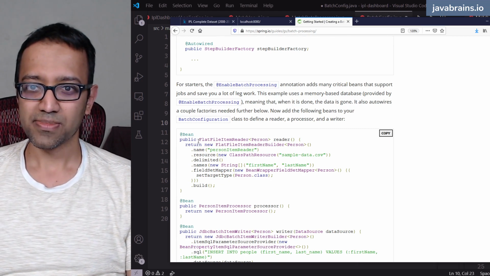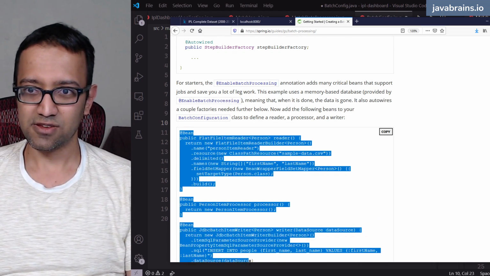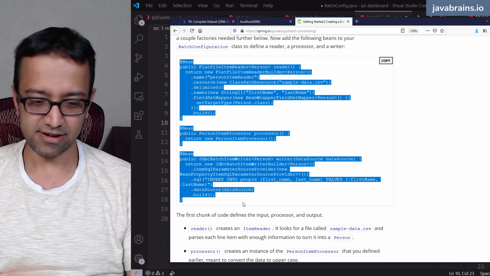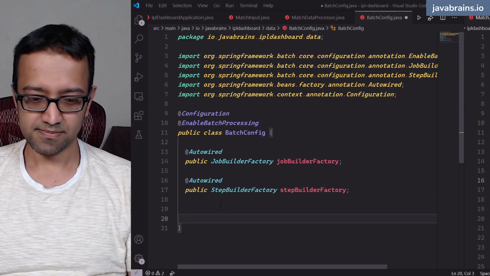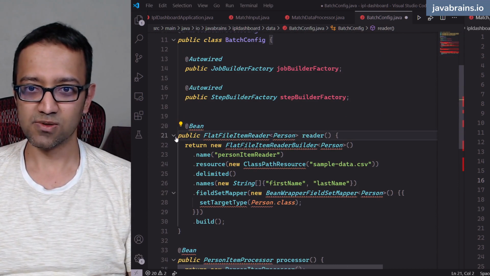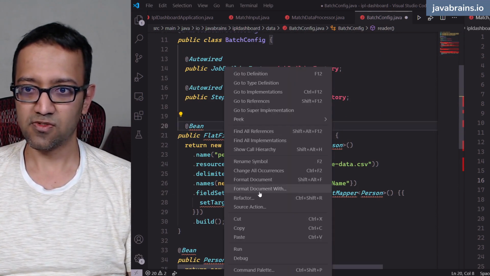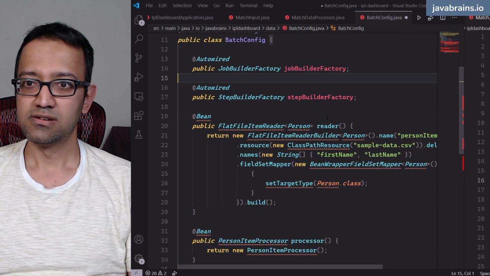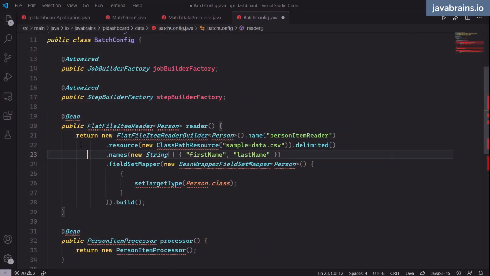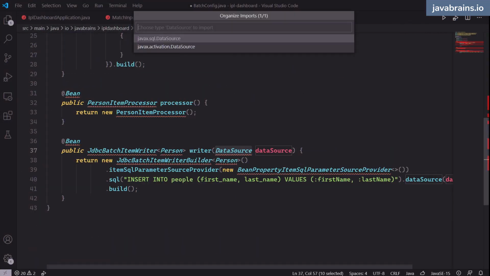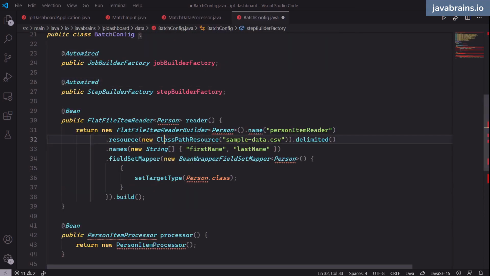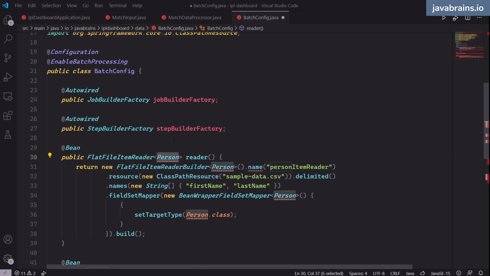Okay, so I'm going to copy this and tweak it. All right, so here are the three things: the reader, the processor, and the writer. I'll put this over here. These are bean definitions. All right, you see this? It's annotated with @Bean, so this knows what needs to be done. I'm going to format the document with Java formatter support. Okay. And what do we need to do here? First, let's import everything. All right. Import DataSource from javax.sql, which is what we need. And all the person will be replaced with